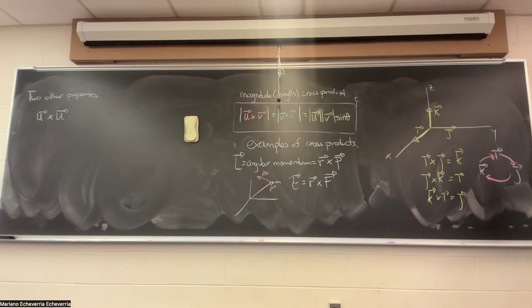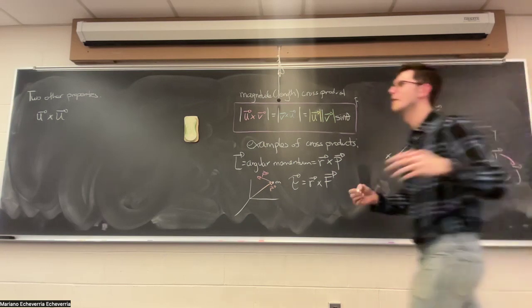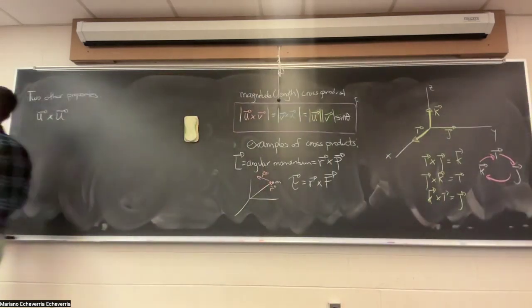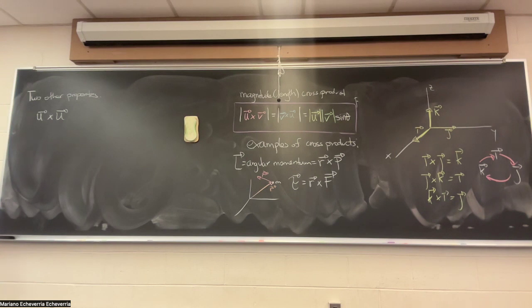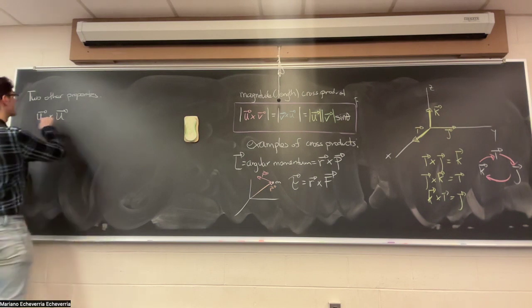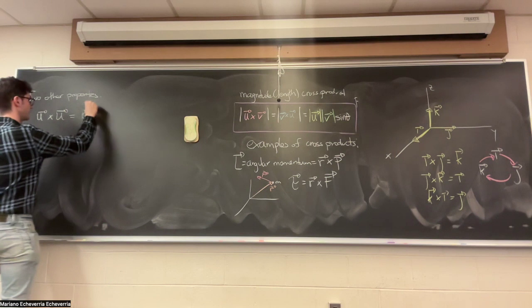Zero, because there's no area. Right, so one way to think about it is in terms of the formula for the area of the parallelogram, or also the angle between them is zero and sine of zero is zero. Regardless of how you think about it, you cannot make a parallelogram with area, or in the formula for the length, sine of zero is zero. So the cross product of a vector with itself